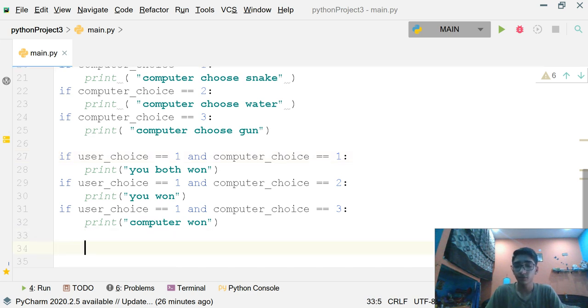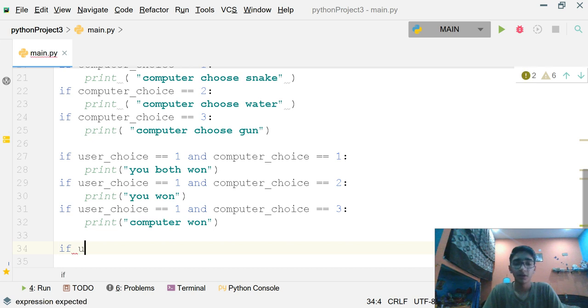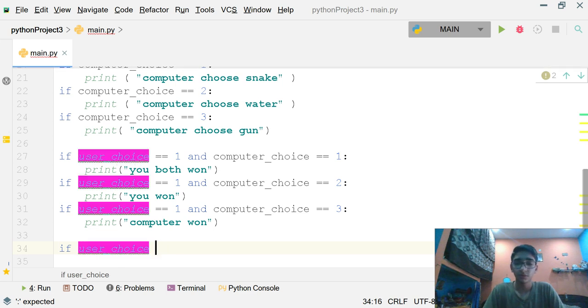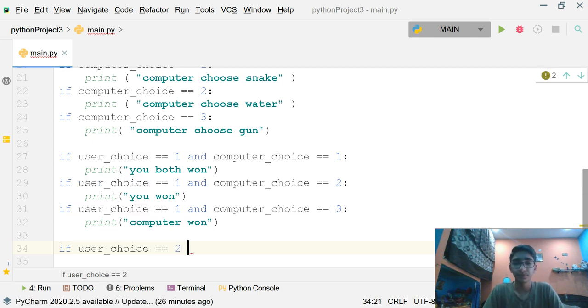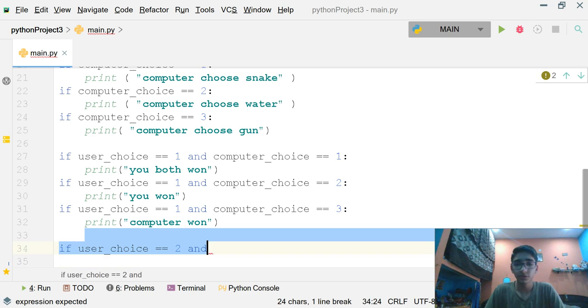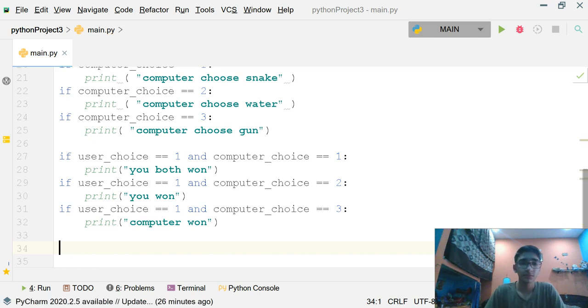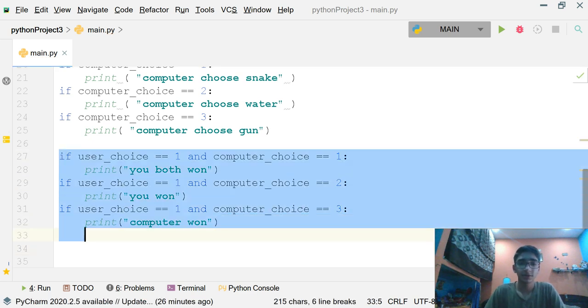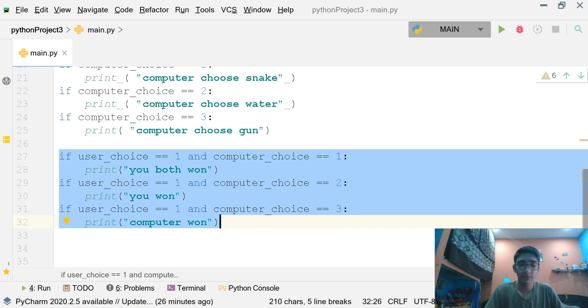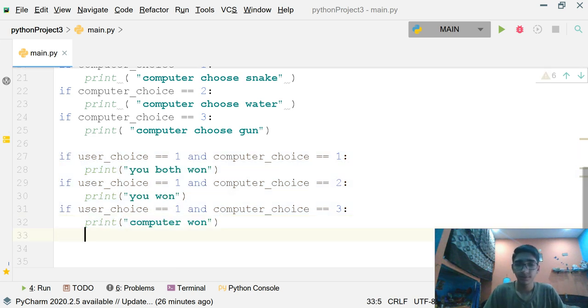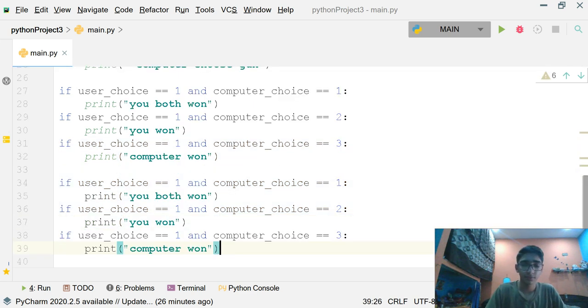If user_choice equals 2, or we can directly copy the whole thing, because it will save both my time and your time also. Copy. Now we'll put 2 here, 2 here, 2 here.